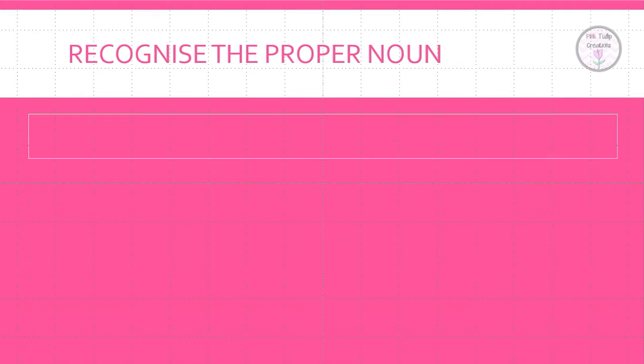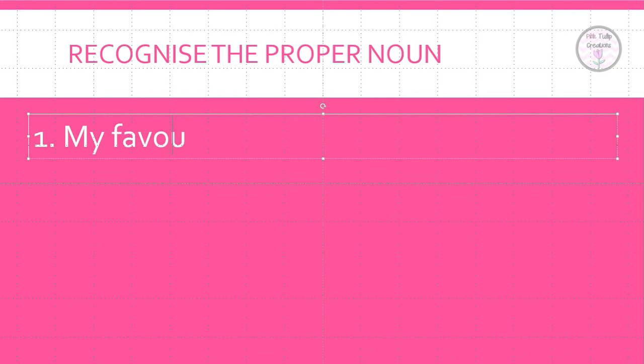So now we need to be able to recognize a proper noun in a sentence. So if I write a sentence, I want you to have a go. We'll have a go together at recognizing the proper noun. So if you're taking notes, you might want to write down the proper noun, or you might want to write down the whole sentence and underline the proper noun if you have time, or you can just listen and see if you can think of what the proper noun is in that sentence. Okay, so our first sentence